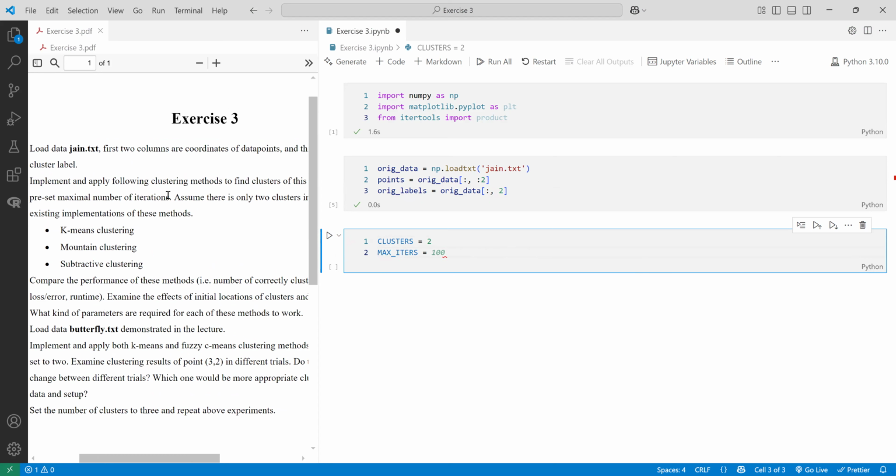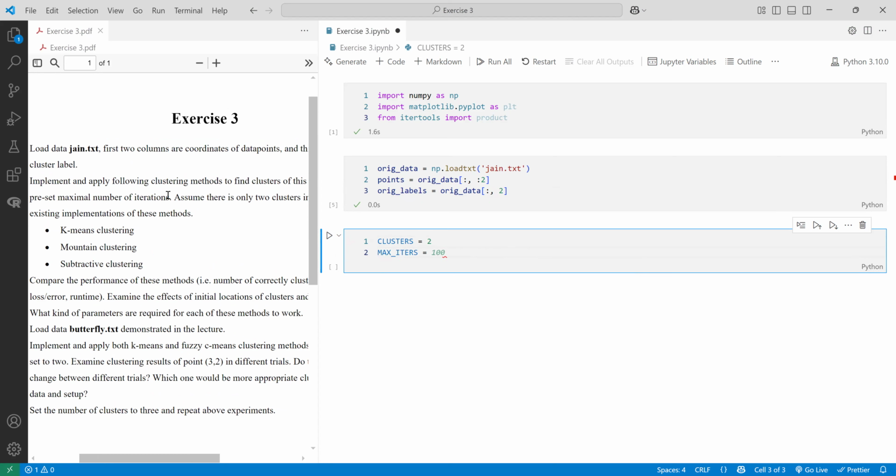You can choose a random number, but here we're setting it to 10 first. And this will apply to all three clustering methods that we will implement. After we have set the parameters, now we can define